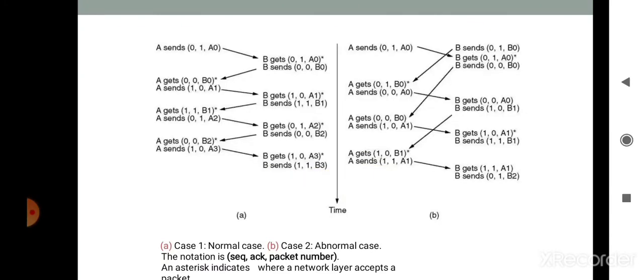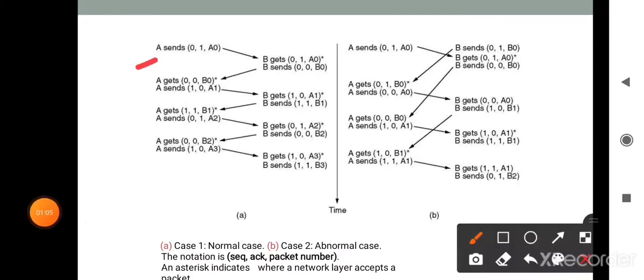Let us see an example. A is trying to send its frame 0 to computer B, and B is trying to send its frame 0 to A. Then A sends the frame, and A's timeout interval is too short, so it may continuously send identical frames to B. When the first valid frame arrives at computer B, it is accepted, and all the other frames will be rejected because B is expecting a frame with sequence number 1 and not 0.